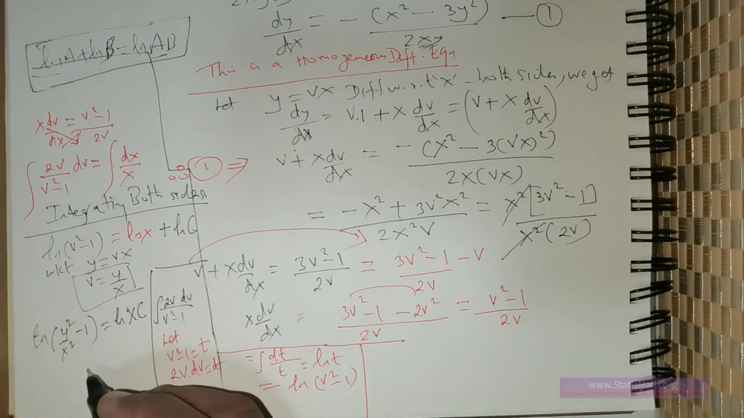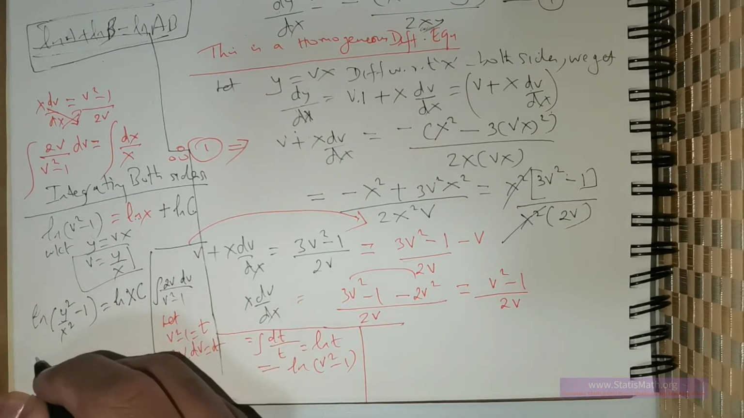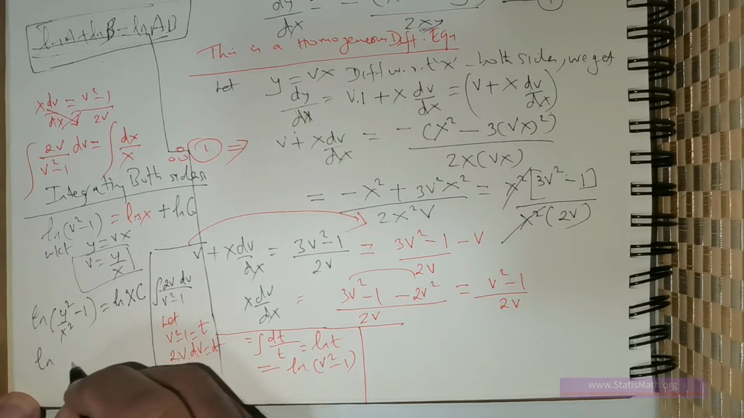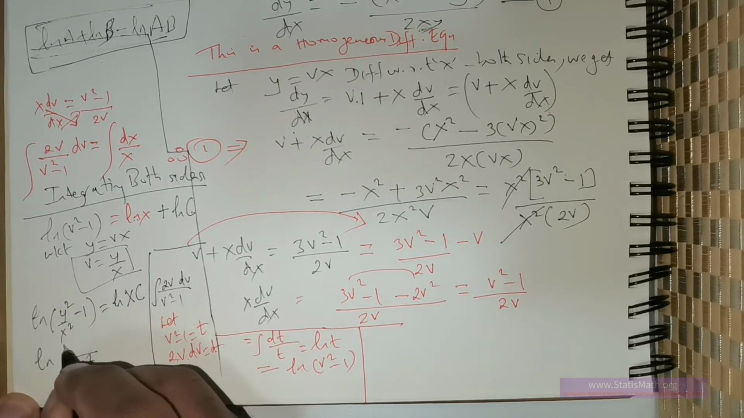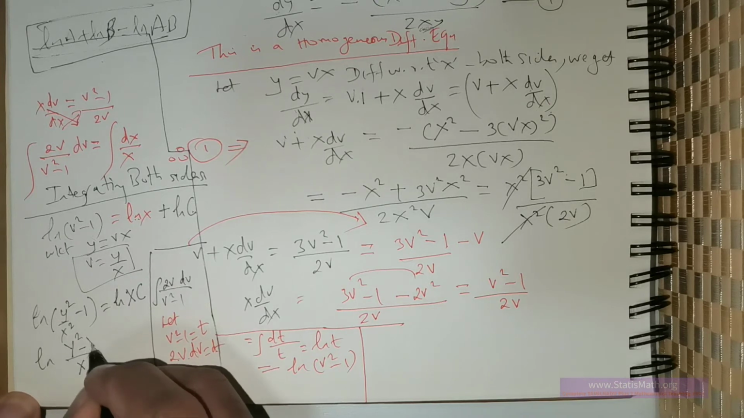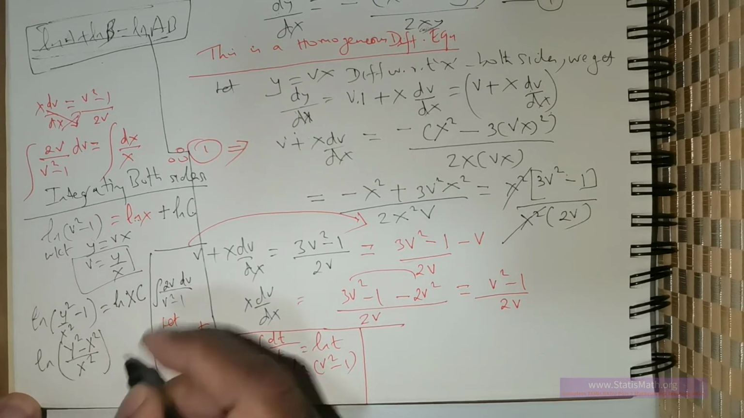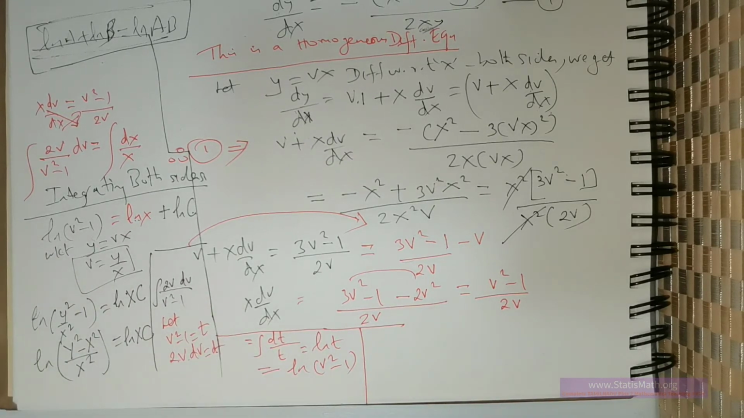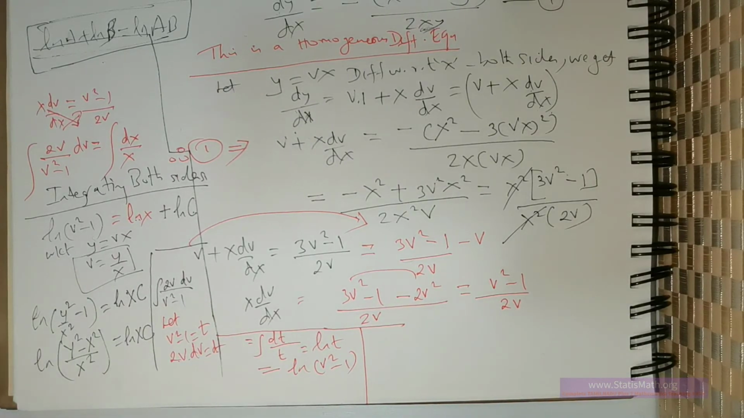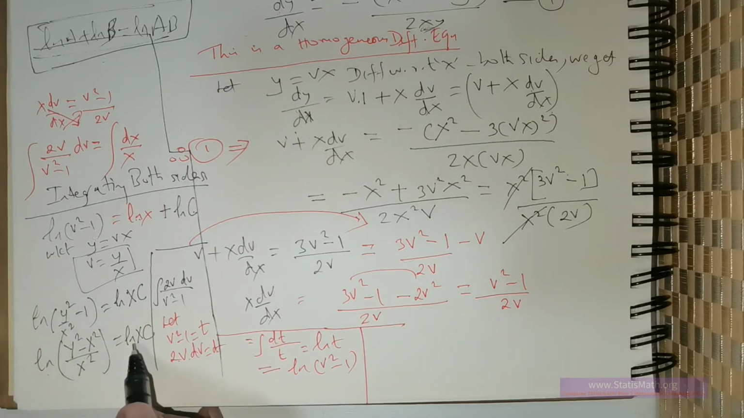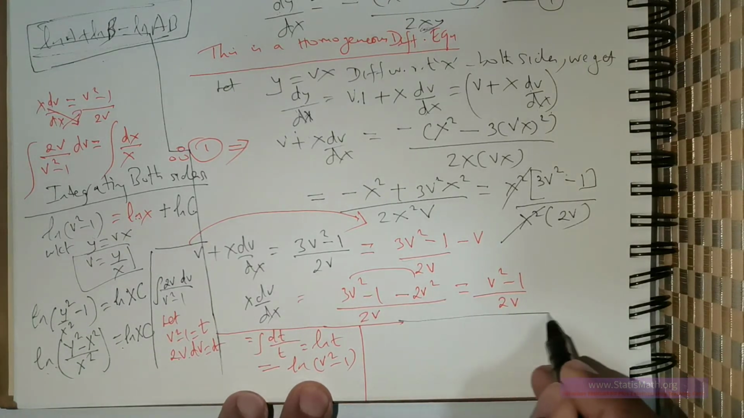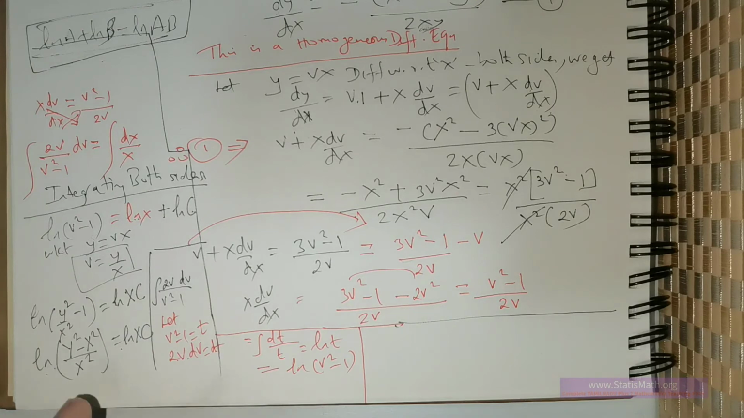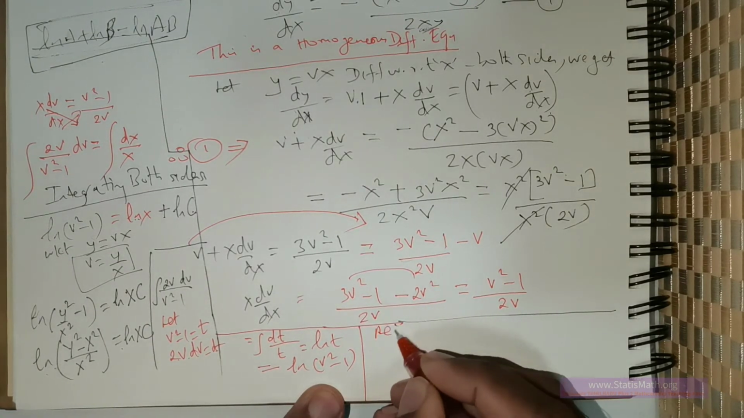Now I can rewrite this as ln of, taking x squared as the LCM, (y squared minus x squared) divided by x squared, is equal to ln of x times c. So this is what you get. Now since you have ln on both sides, you can remove the ln. Let me just use the space here. So removing ln,